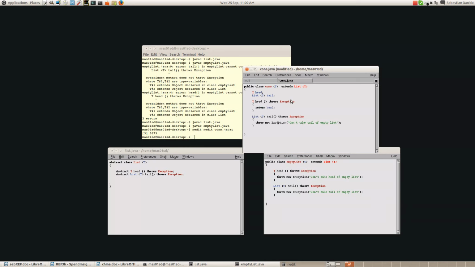And for the tail, you've guessed it, we return tail. So we're returning the different fields. Now, because this has got two fields in it, we need a constructor for this class. So obviously that's got to have the same name. So it's going to have